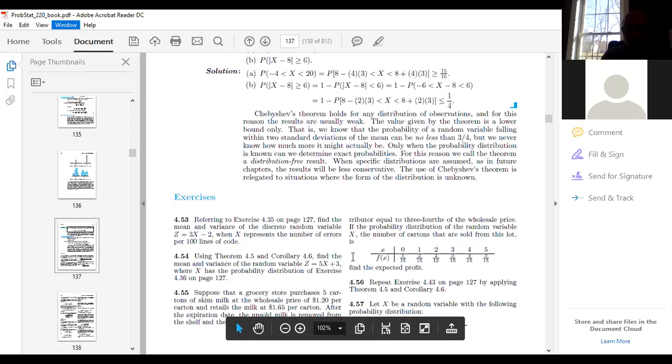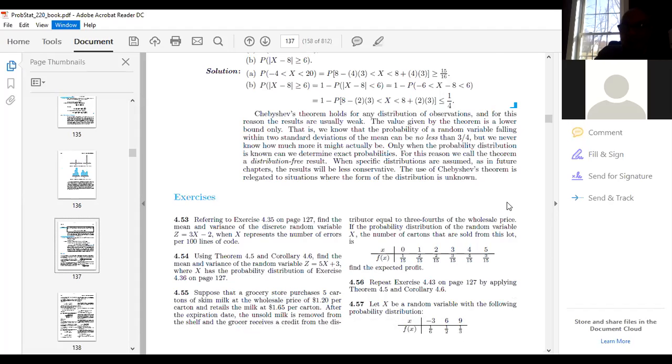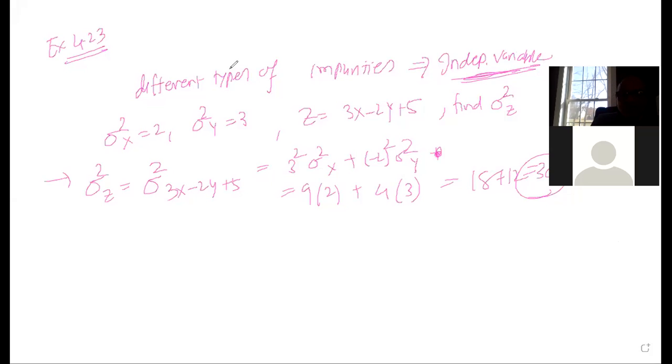Find the expected profit. Whenever you are working with this type of practical example, always keep in mind that you have to be very particular about mentioning your random variables x and y. So I would say that suppose I have